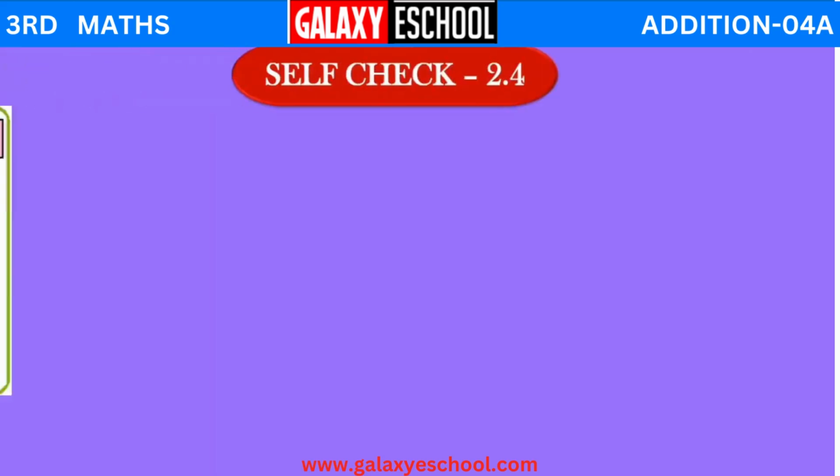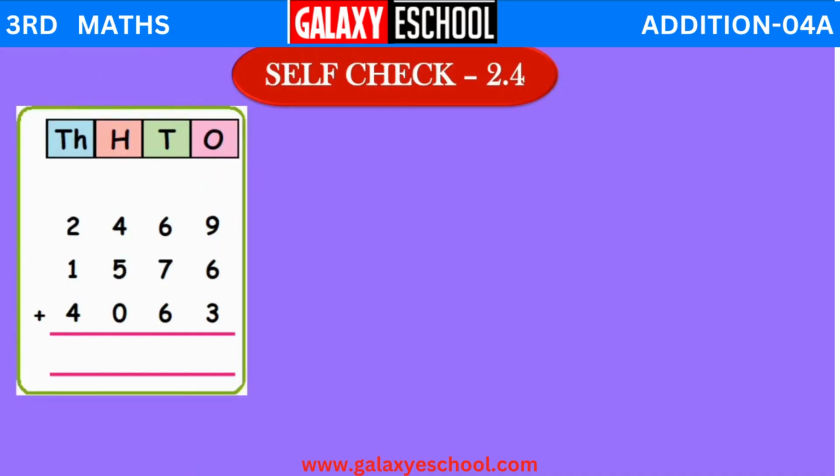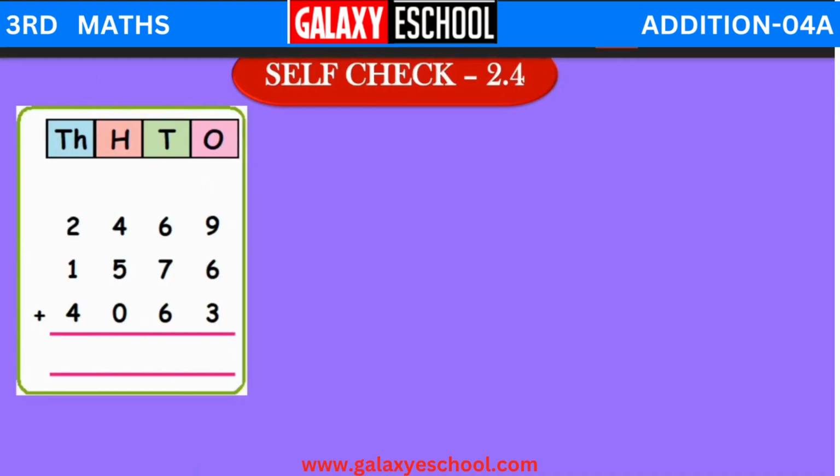Okay. Moving on to the additions. The first homework question was this. How do we add? We start adding from the ones place, right? So 9 plus 6 becomes 15. 15 plus 3 becomes 18. So how do we write this? 8, which is in the ones place, will be written here and 1, which is in the tens place, will be carried. Now moving on to the tens place, 1 plus 6 becomes 7, 7 plus 7 becomes 14, 14